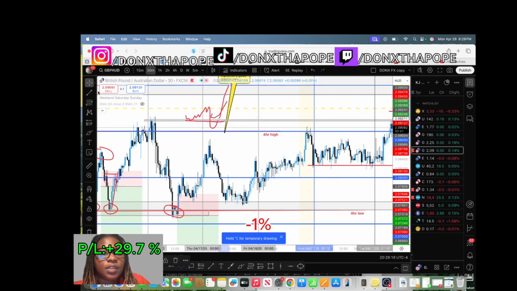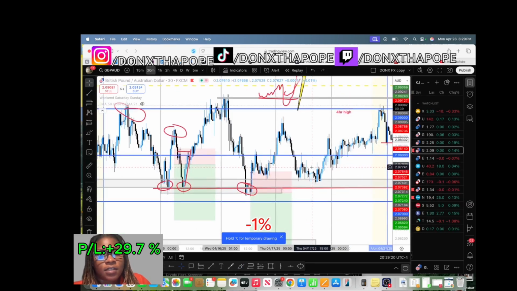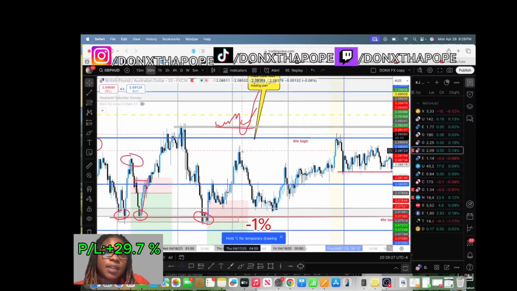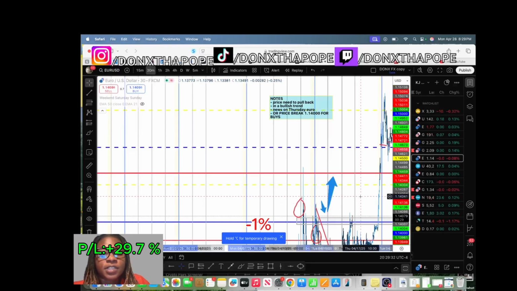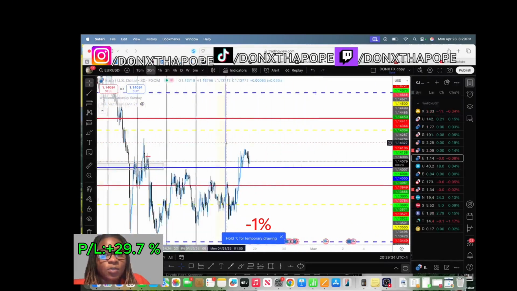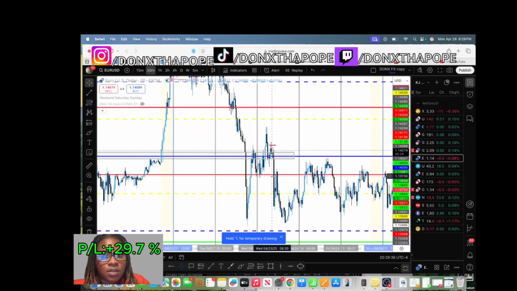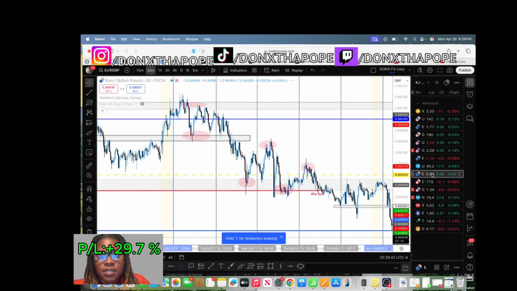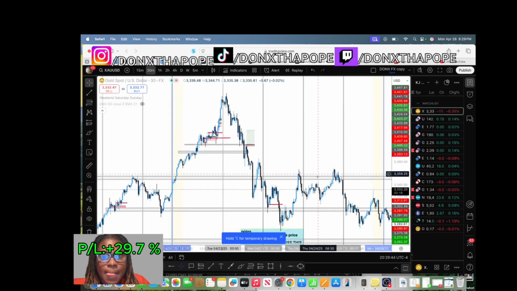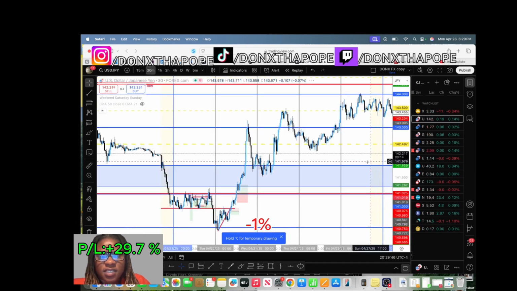So you've got to be really careful. Or sometimes you want to sell it thinking it's about to break the low, and it just makes a double bottom and goes higher. That's why you just protect your risk, because you can't guess what the market's going to do. I don't recommend that. Okay, that's it. Let's go to Thursday.